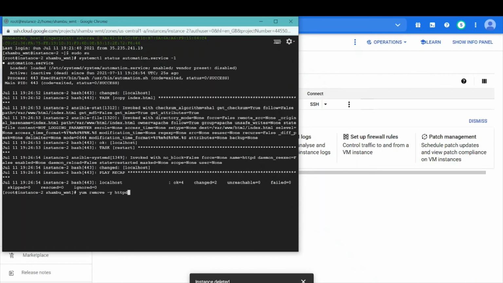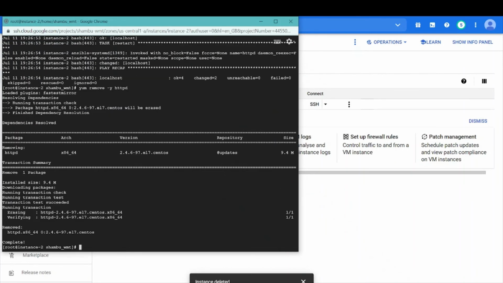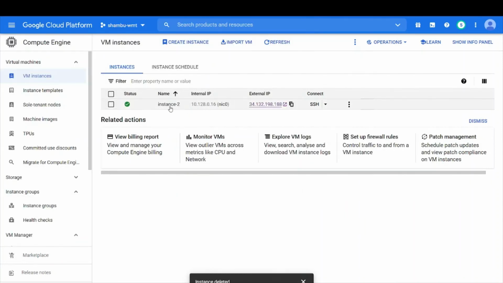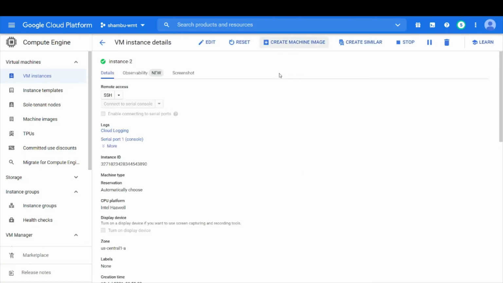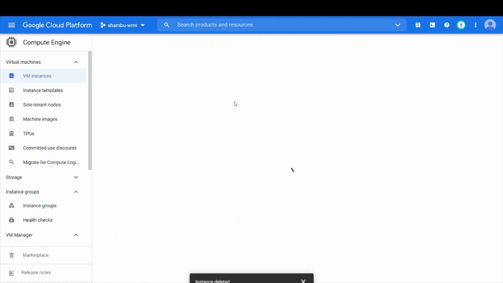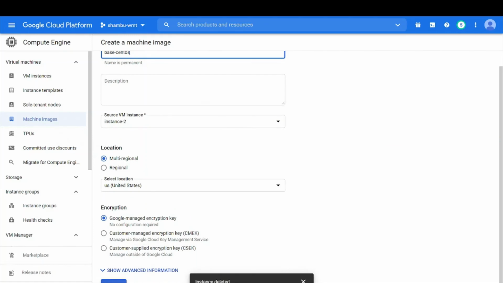Okay, so let me remove this HTTP again and create a VM image out of this VM. Now nothing is running in this VM. I'm creating an image, and I will name it base CentOS and create it.